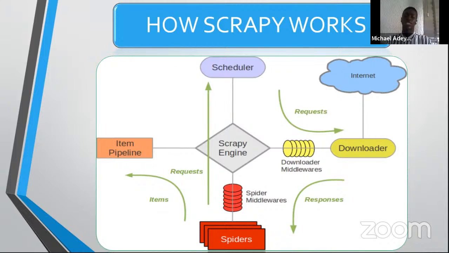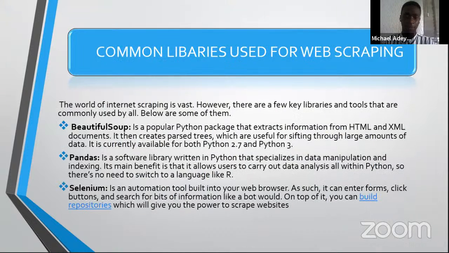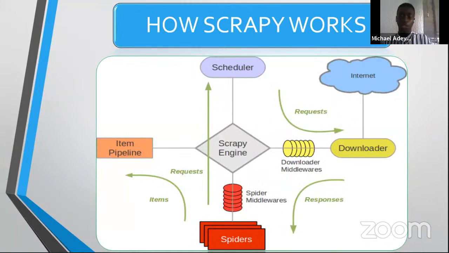Then the engine now sends a request to the downloader. Now, what the downloader does is to download the information given to it, generate a response and send it to the spider. So what does the spider do now? The engine sends the request to the downloader. Then the